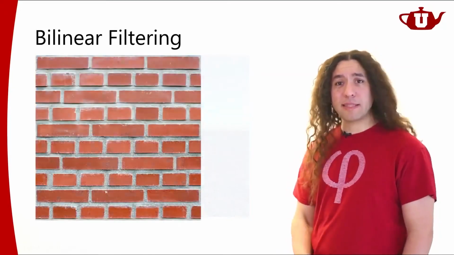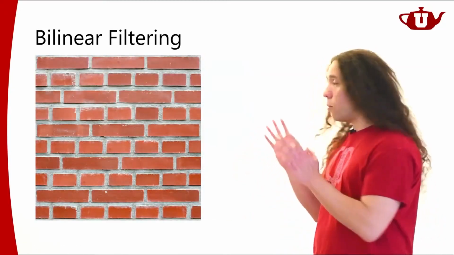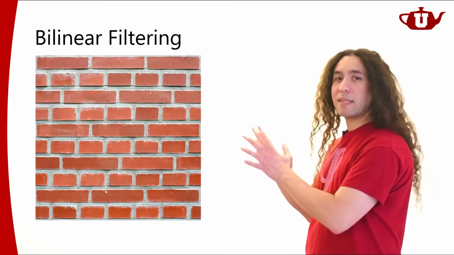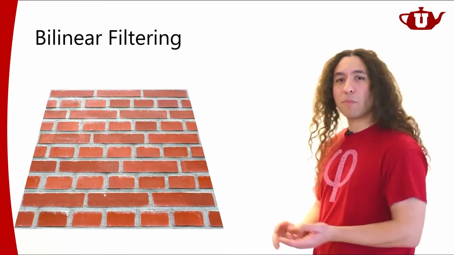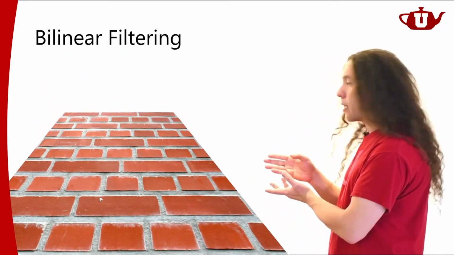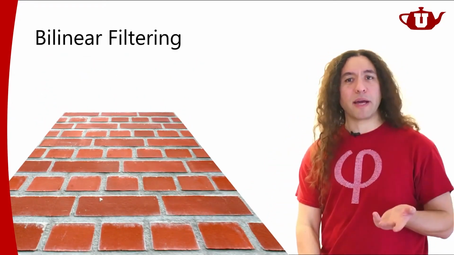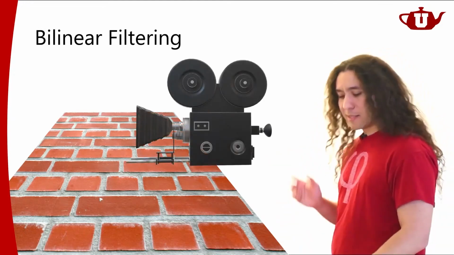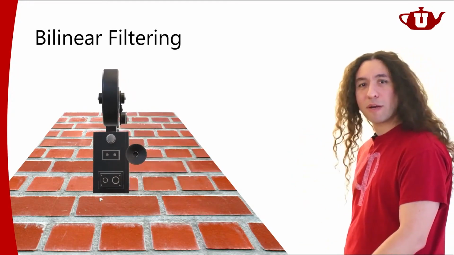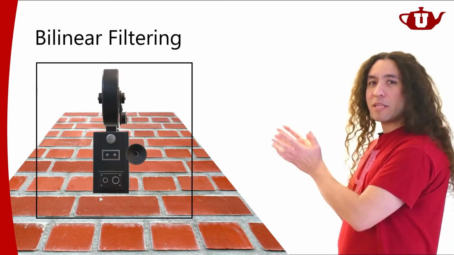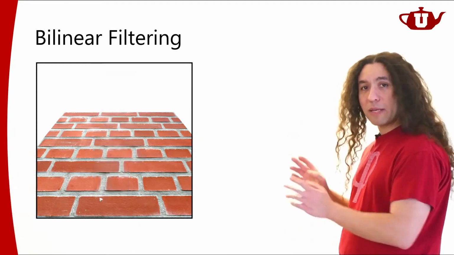All right, so let's start with our texture. Let's say that I'm taking this texture and I'm just putting it on a 3D plane, and it looks like this, right? So I'm going to have my camera and I'm going to look at this plane from a particular direction. Let's say I'm looking at it from this direction, and this is the image that I am generating. So I'm going to be rendering this image.